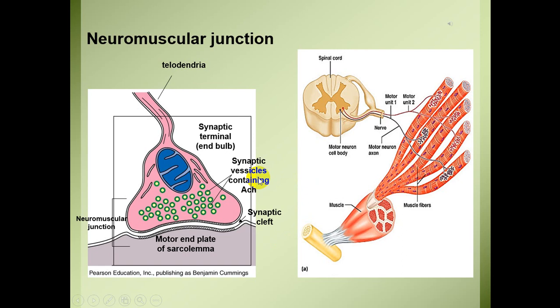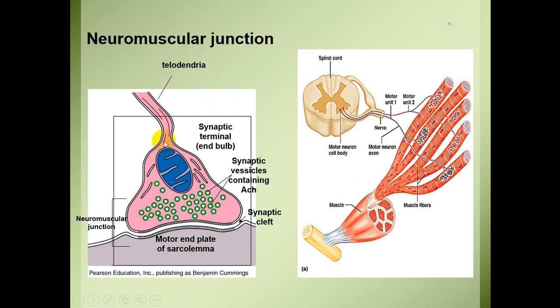Here in this diagram, we can observe axons exiting from the cell bodies present in the anterior gray horn. There are two types of axons, the axons of alpha motor neurons and axons of gamma motor neurons. You can see here the unit 1 and 2 showing the motor units of those alpha and gamma motor neurons. Now looking at this terminal, we can observe the